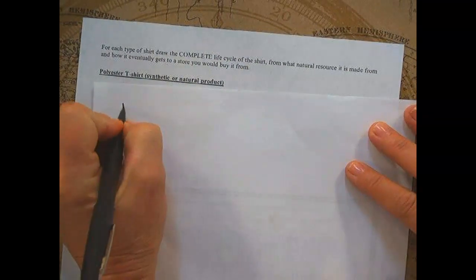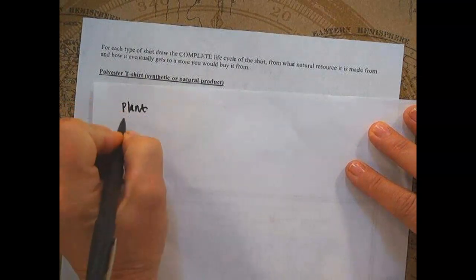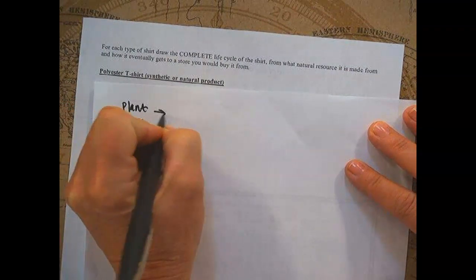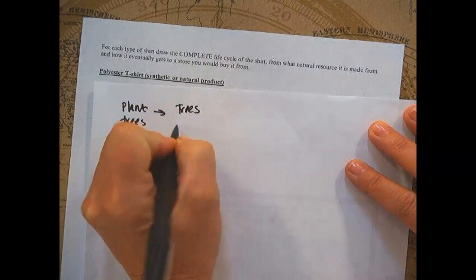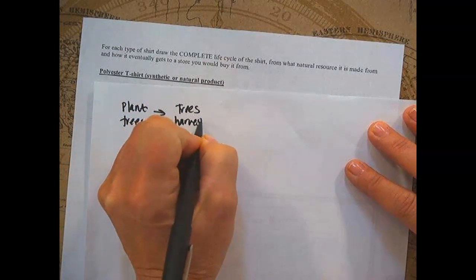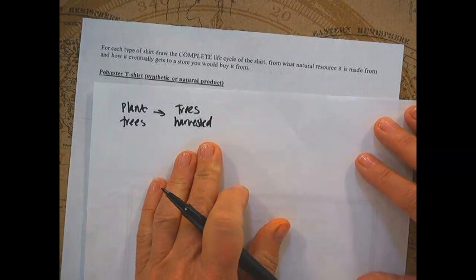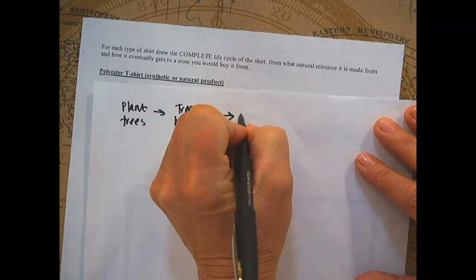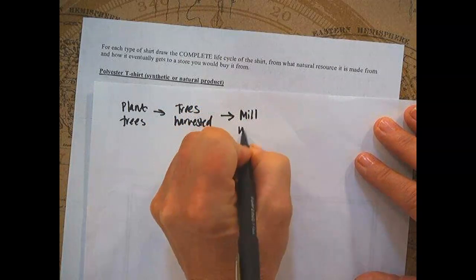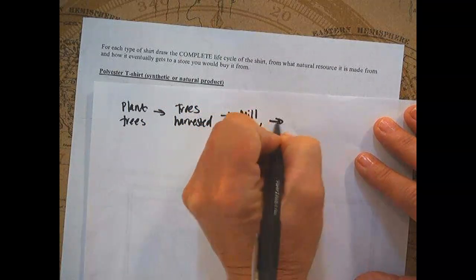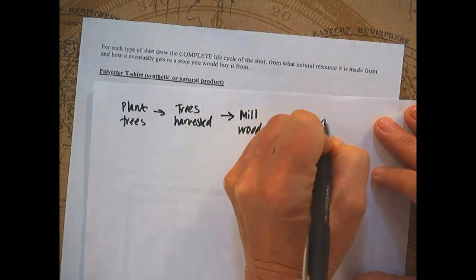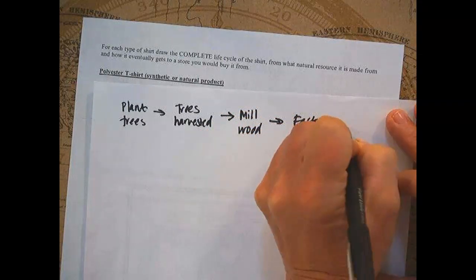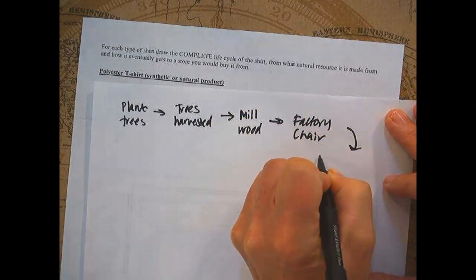mine, I'm going to come up with a wood chair. So my life cycle might be something like the trees have to be planted, so I'm going to plant the trees, and then the trees have to be harvested, and when the trees are harvested, that takes machinery for that, and then I might say that it needs to go to a mill to make into wood,